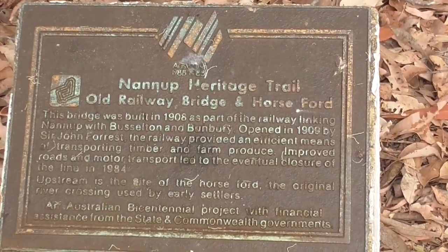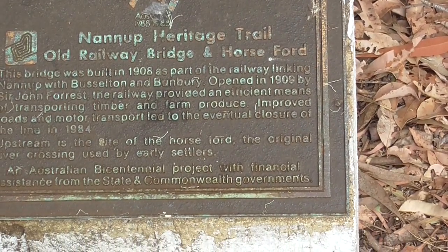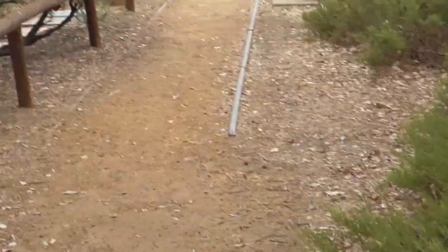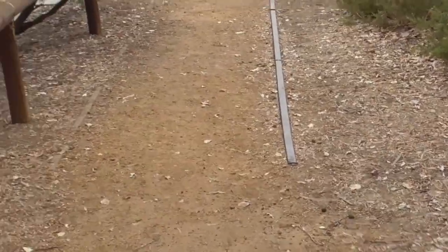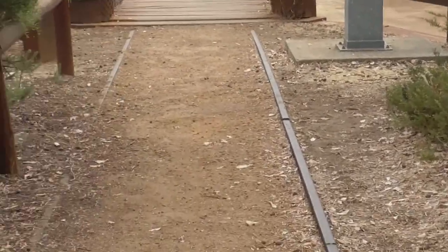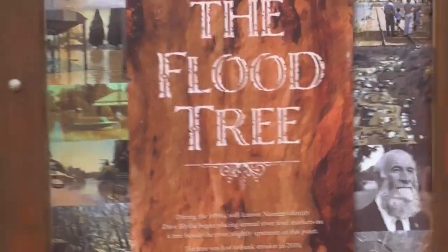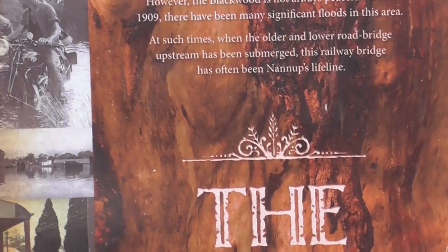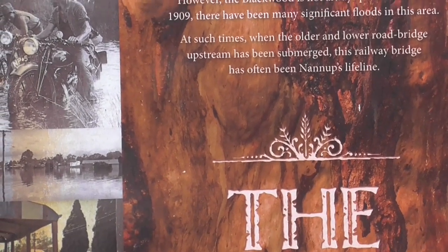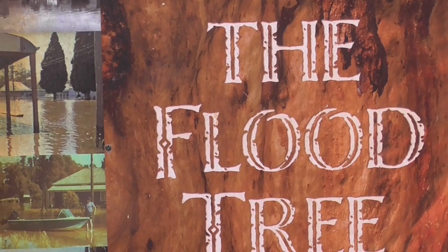Along our heritage trail, we have the old Nannup Railway Bridge and Horse Road. As we continue to walk along, we have a section of old railway line. And information about this bridge, which was the final link that brought the railway to Nannup. And during the 1990s, the well-known Nannup